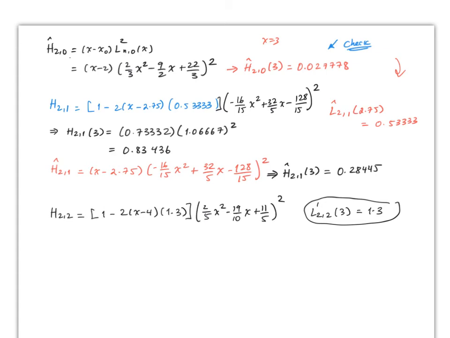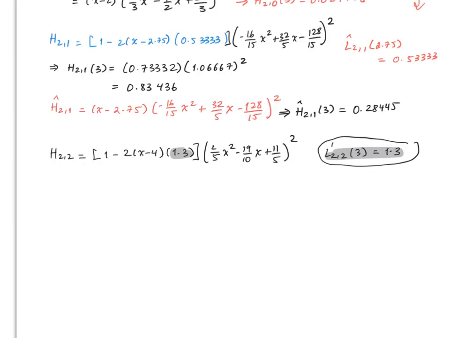So again, this value comes from here. Now h22 simplifies to 11.4 minus 2.6 x times the polynomial square, and you should check that from here h22 of 3 is equal to, actually,